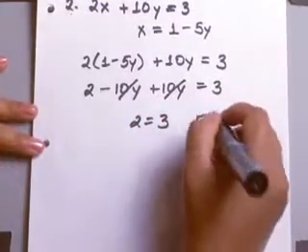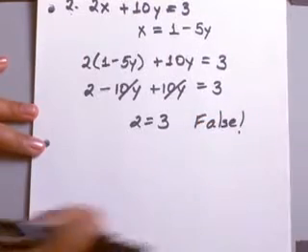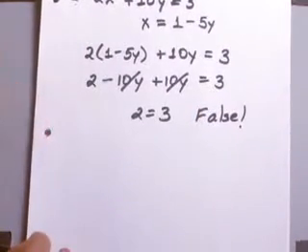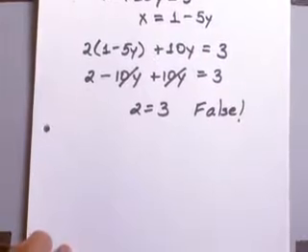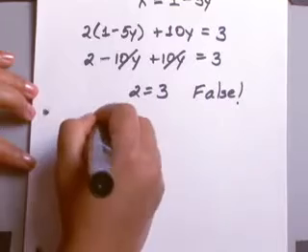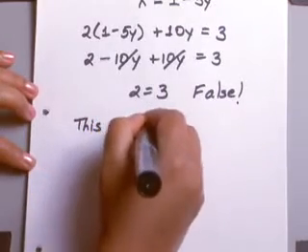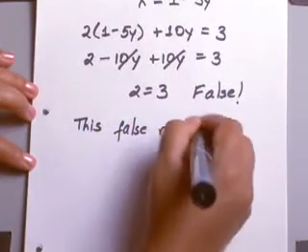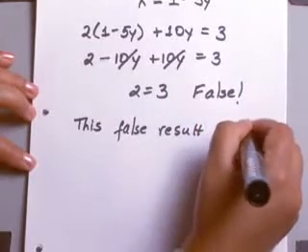And you can see in this case we did not end up with the true statement. You have a false statement. 2 cannot equal 3. That tells you that this false statement or this false result means